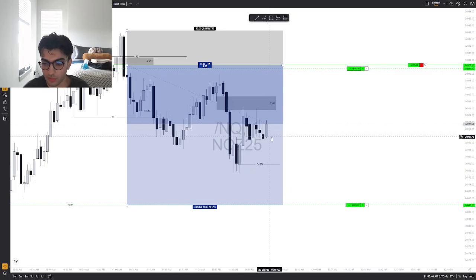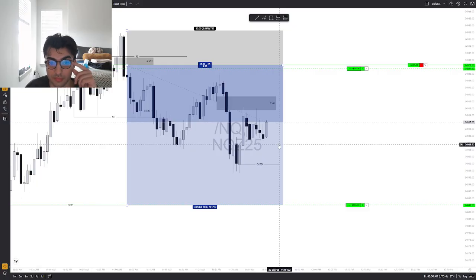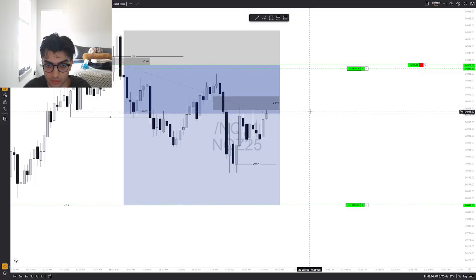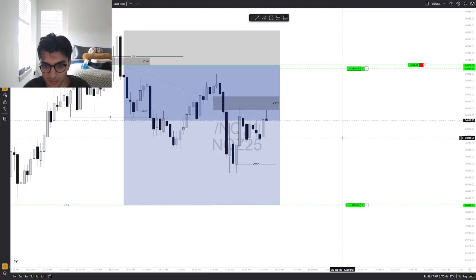This green candle was not what I wanted. I wanted a red candle on this one. Did not want that. We got that premium wick. We're coming up on the macro, so maybe they're either inducing buyers or the macro is bullish. But going into lunch, I expect price to dump.